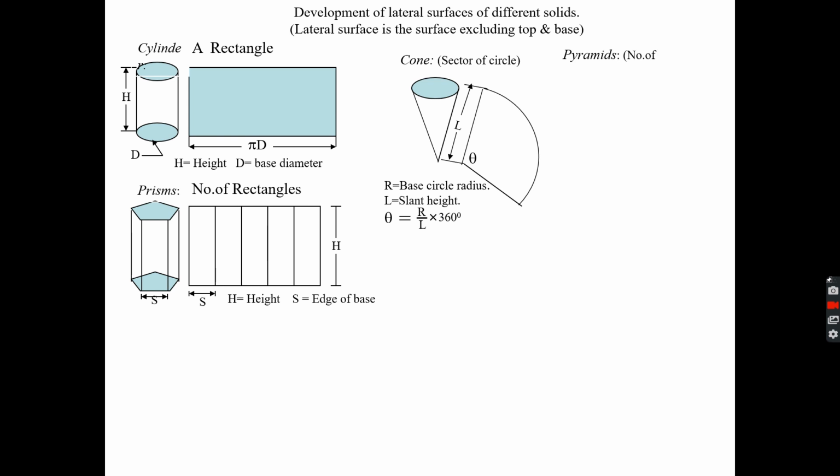Similarly, if you have a pyramid, like a prism, there will be a number of triangles. If you have a pyramid like this, there will be a number of triangles when you open it. To make this, either you can make it simple, like you made these rectangles here, you can also make the triangles. Or the easy way is to draw a circle at the base of the pyramid.